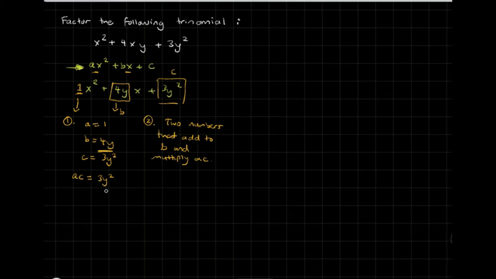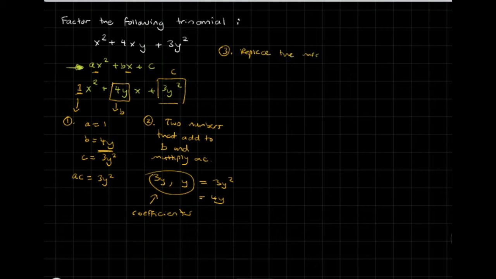Well, think about numbers that multiply to 3y squared, right? So numbers that multiply to 3y squared are 3y and y, right? Because if you multiply these two, you get 3y squared. If you add these two, you also get 4y. So it suits these conditions, right? So this is basically our two coefficients, and then we can go to the third step where we substitute, we replace the middle term